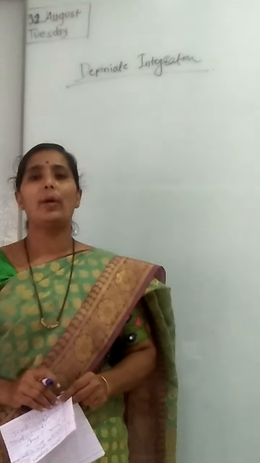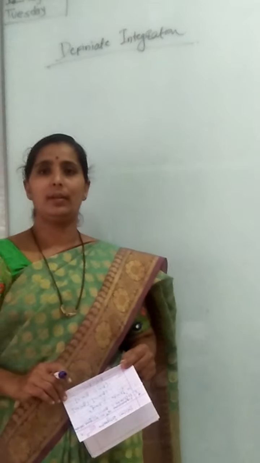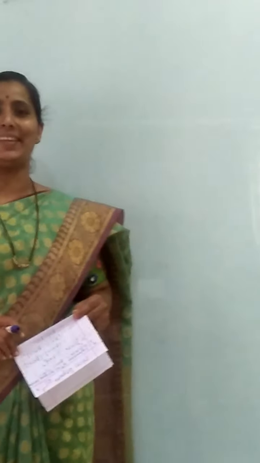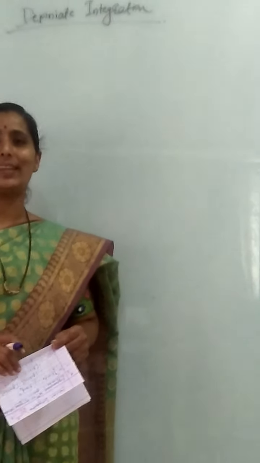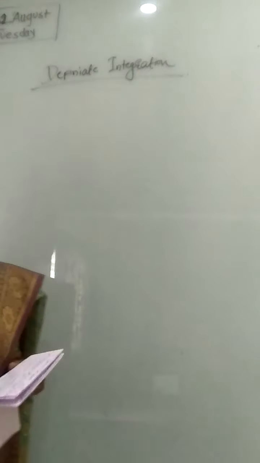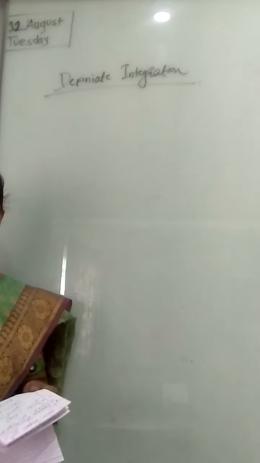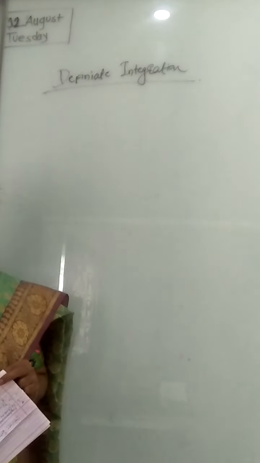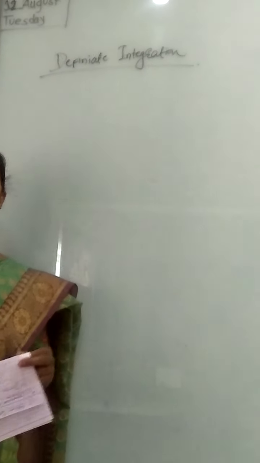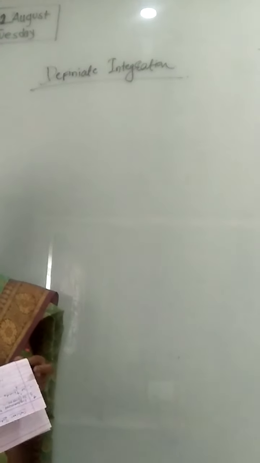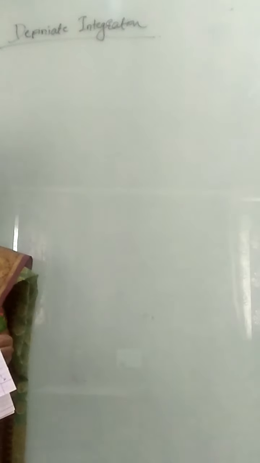Now we have to learn another chapter, that is definite integration. In this integration, only one part is added, that is here there is a limit, upper limit and lower limit. First, we have to learn the fundamental theorem of integration, and there are 6 or 7 properties in